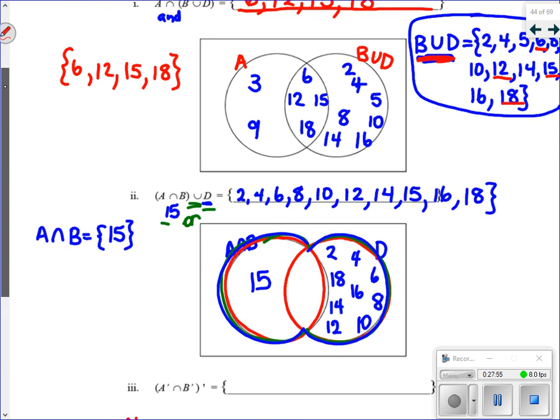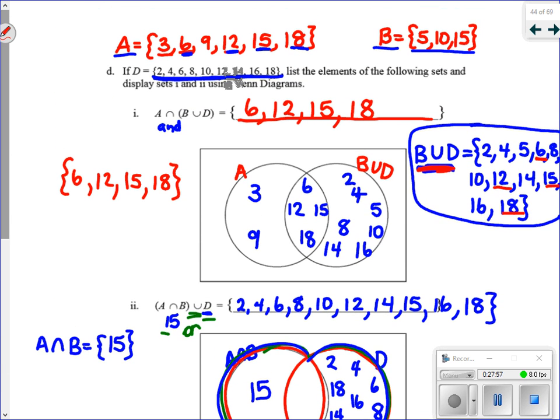Okay, so look back here. Our universal set is natural numbers less than 20, okay? So D is not our universal set. Remember, our universal set came from the page before, natural numbers less than 20. So we need natural numbers less than 20, but if it's in the complement of A, it means it's not going to be in A, okay? So it's not 3, 6, 9, 12, 15, or 18,